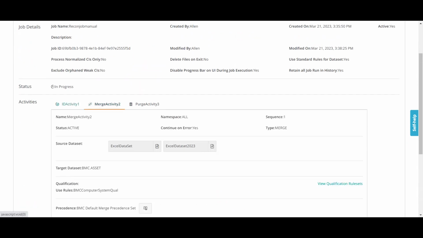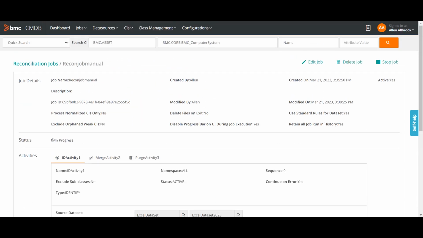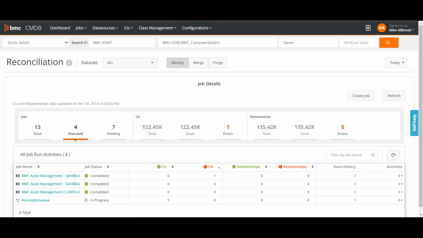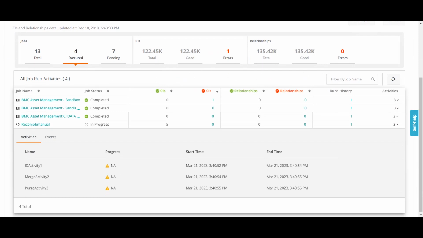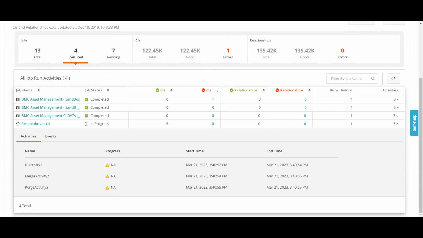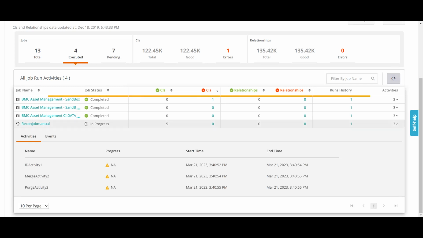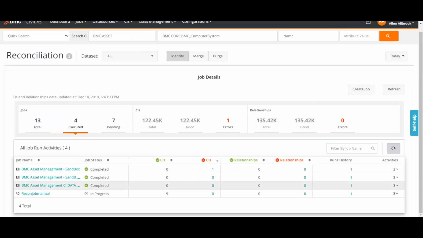Okay, so if I go back here to the job, you can see the history here, activities, how many runs we have done. This is identity, this is merge, and this is purge. All are completed. It still hasn't updated the status here, but sometimes it will not reflect here, and the job is already completed. So this is an example of a reconciliation process in BMC CMDB, how the reconciliation process works,